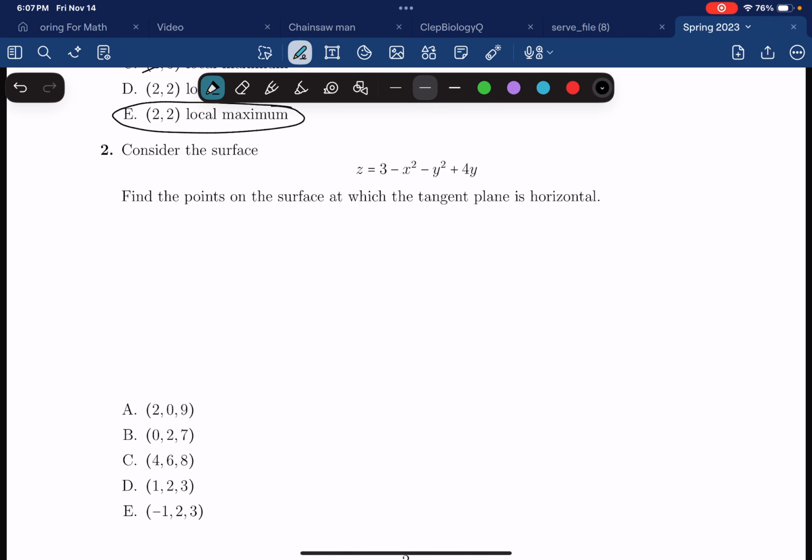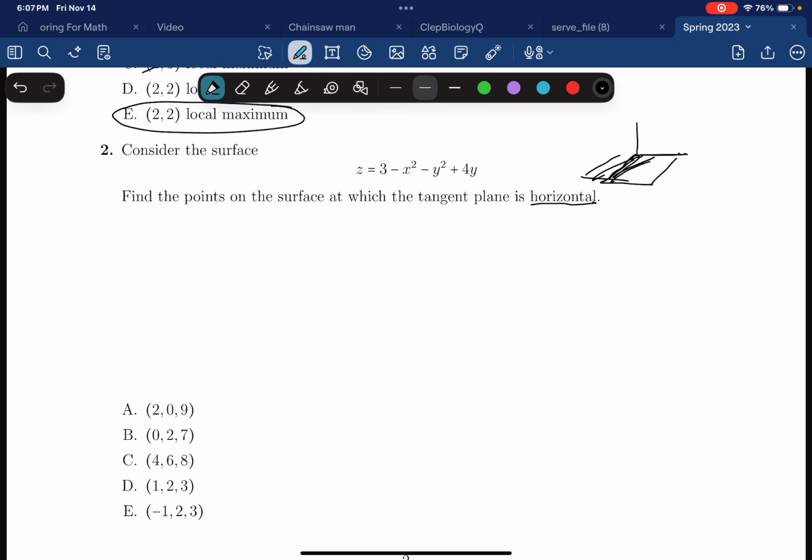Okay, number 2. Consider the surface z equals 3 minus x squared minus y squared plus 4y. Find the points on the surface at which the tangent plane is horizontal. Okay, so this is going to be a really crappy drawing, but how I want you to imagine this is the tangent plane is basically where,